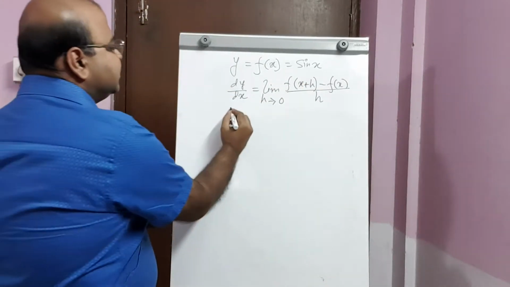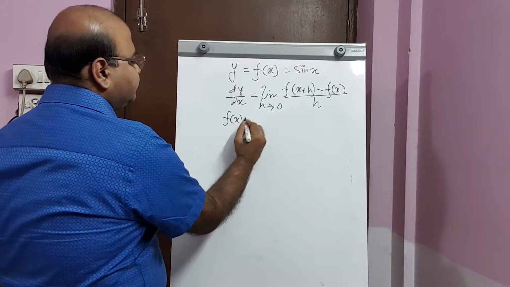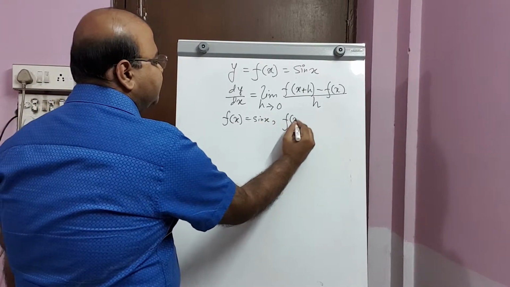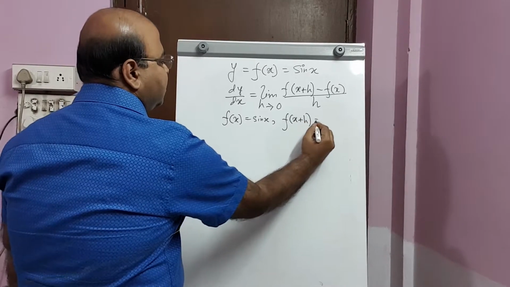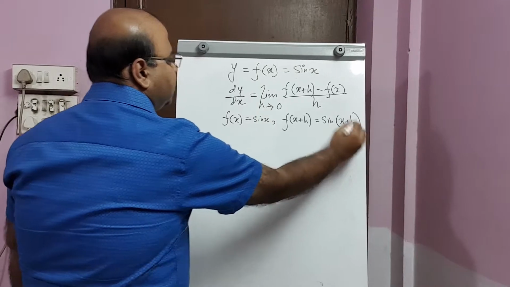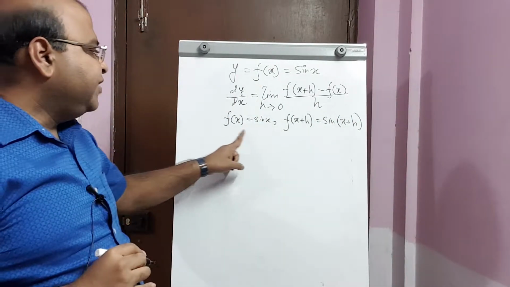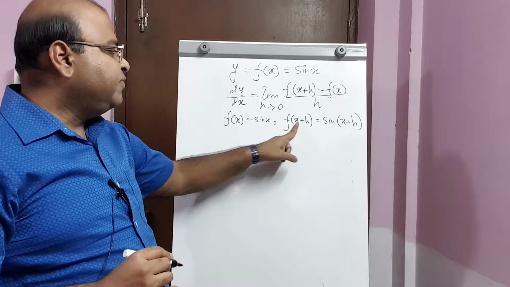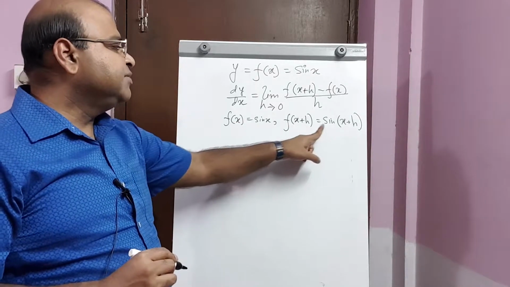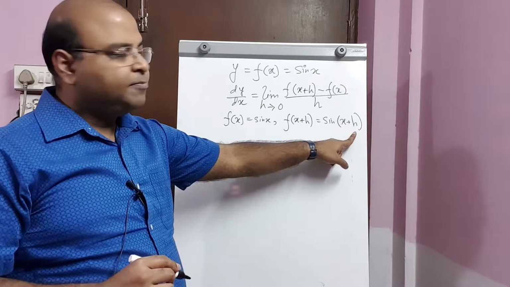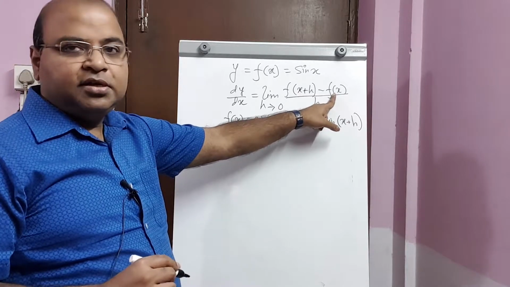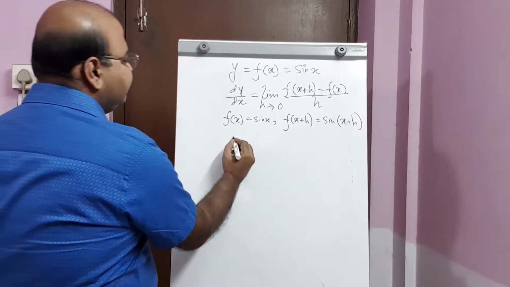So here f(x) is given by sin x, and hence f(x + h) is given by sin(x + h). This is the functional property. f(x) is sin x. To get f(x + h), we replace x by x + h here. So f(x + h) is given by sin(x + h). So upon substituting these values in the limiting definition here, we thus have dy/dx